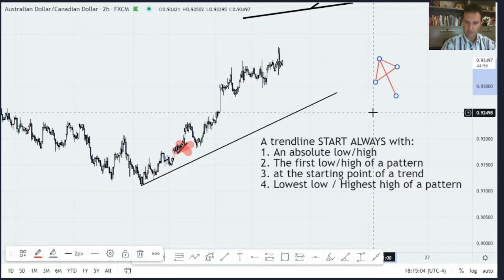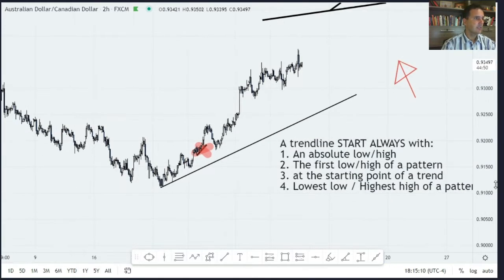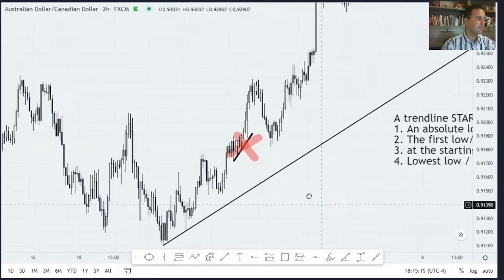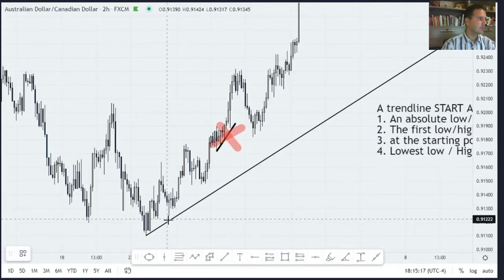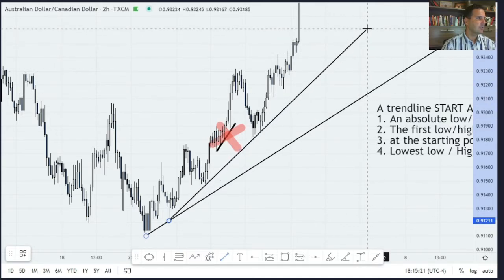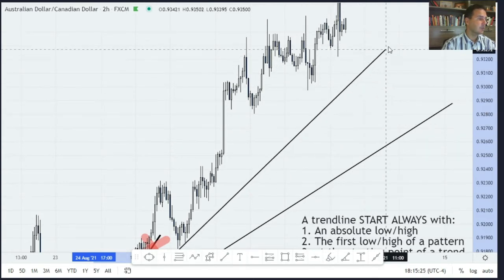We're going to check. Elifred, long term, yes sir. Okay, so long term we are up. Now we are going to draw another one. We should not break candle bodies until the trend changes.